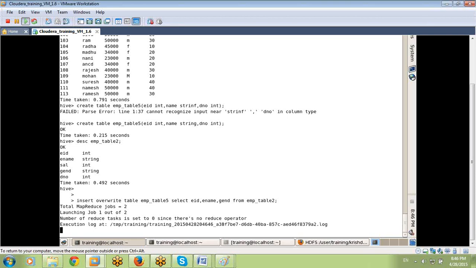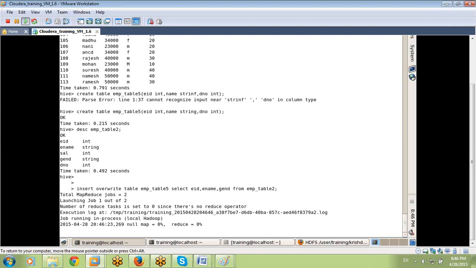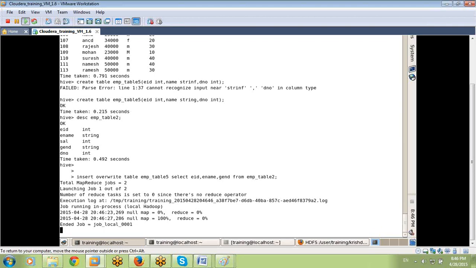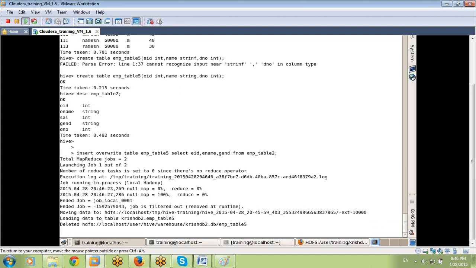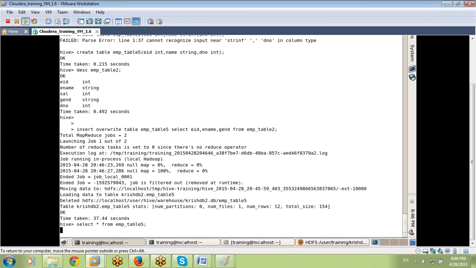Yes, process started. Yes, data loaded successfully. Select star from emp table 5, enter.